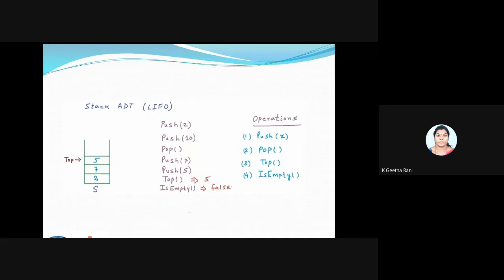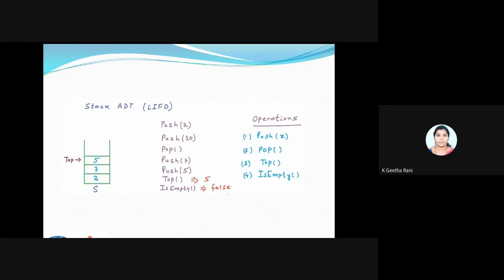Now we will see the next operation. If I want to print the topmost value, what will be the topmost value now? I need to see the top value. Obviously the top value will return me 5 because it has been pointing to the 5 data. And I'm going to perform isEmpty. Is my stack empty? No, my stack is not empty. I have 3 data items inside my stack, so obviously it gives me the answer false. So this is the way you will be using your operations: push, pop, top, and isEmpty.